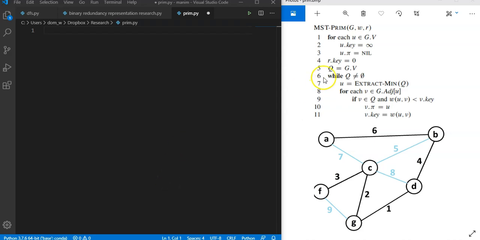Okay, now we're gonna implement Prim's algorithm in Python. We're gonna start off by creating a class for holding our vertices. Class Vertex. Now, our vertex class, let's write the constructor,